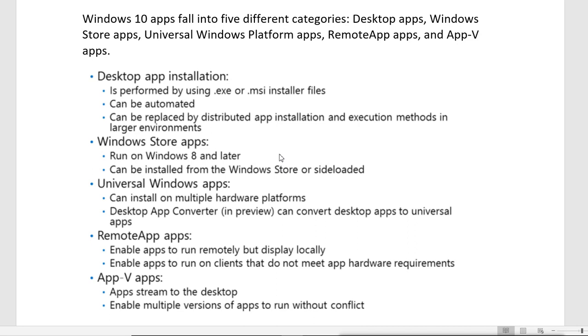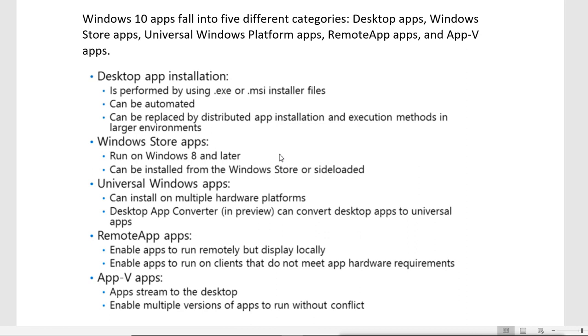That means these are apps which we are not able to use on mobile or tablet devices. These apps only work on desktop machines. And for installing these apps, we have to use .exe files or .msi. .msi is Microsoft Installer, a proprietary file format for Microsoft.